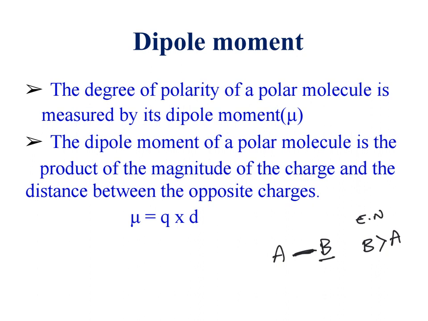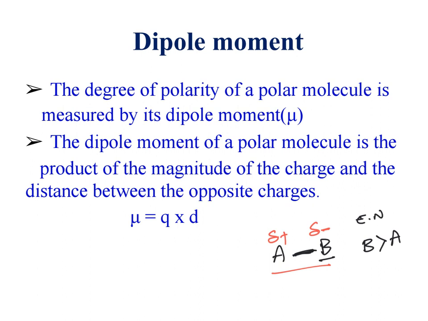The bonded pair of electrons is polarized towards the B side, and B gets a partial negative charge, and the compensating charge we can see on A, which gets a partial positive charge, and the dipole moment arises due to the difference in the